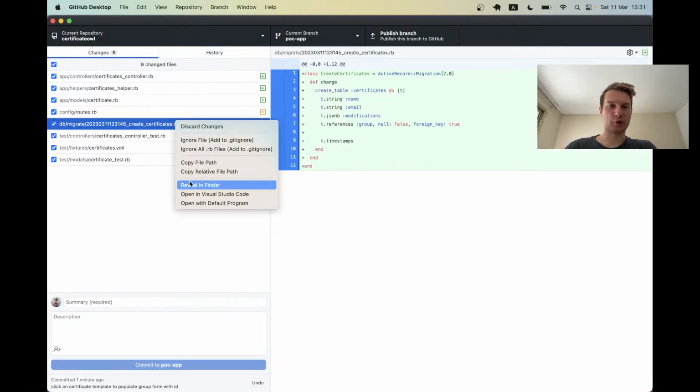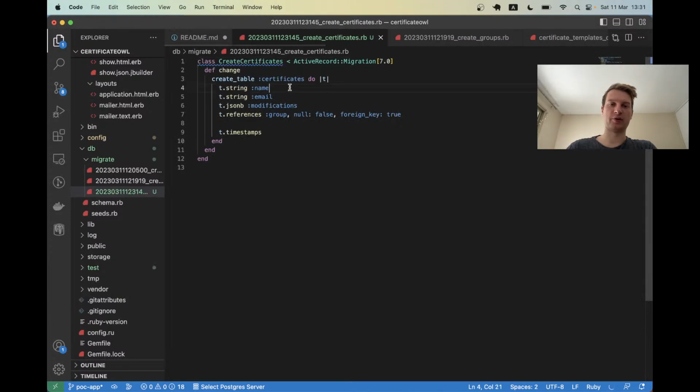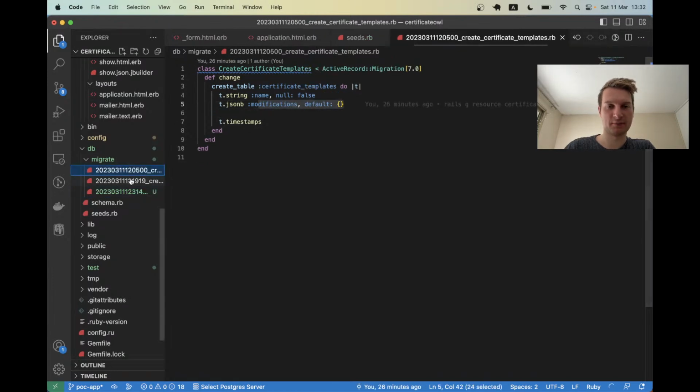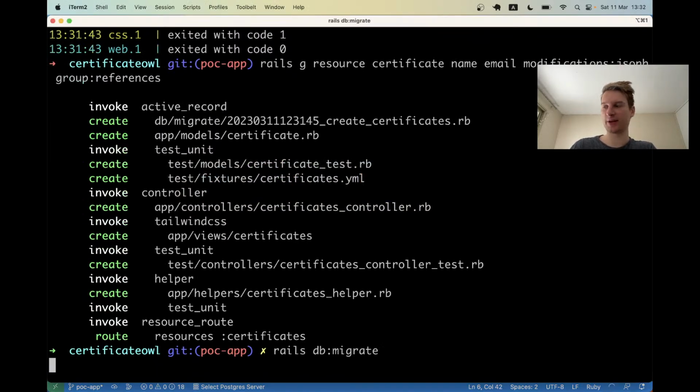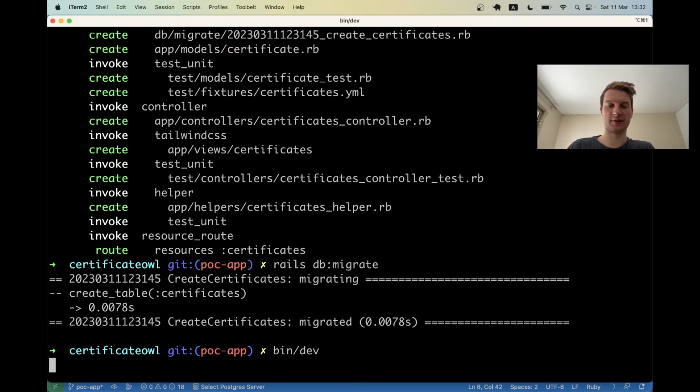And let's have a look at our migration and say, so name null false, email null false, modifications null false, default empty. Well, yeah, actually, what if some certificate templates don't require any modifications? Let's allow null here. And yeah, I did allow null here. So looks fine. Let's say Rails bin migrate, bin dev,